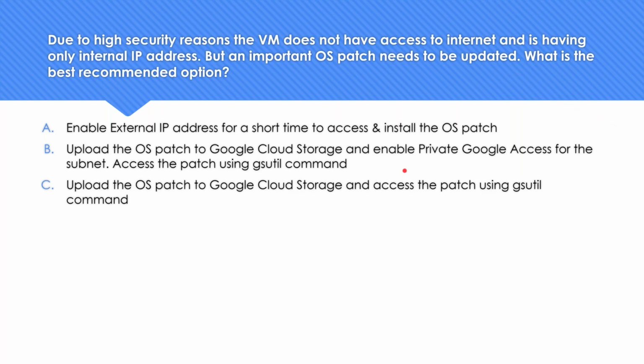All right, folks, let's look into the questions, the options. First option: enable external IP address for a short time to access and install the patch. Maybe only for 20 minutes, give me an external IP address. I'll install the patch and afterwards you can remove it, is what you're saying. So